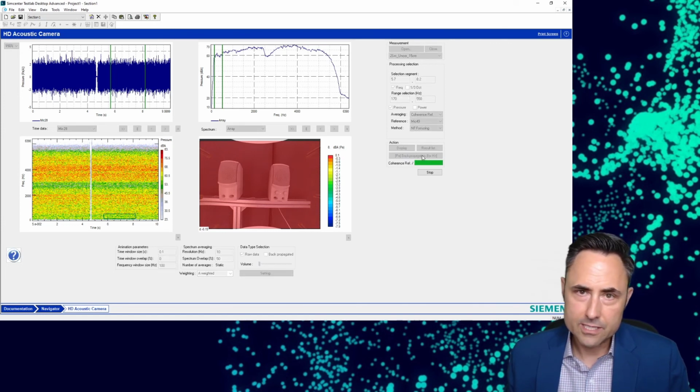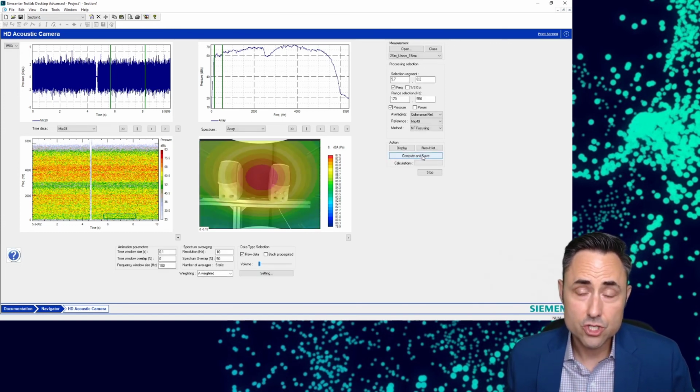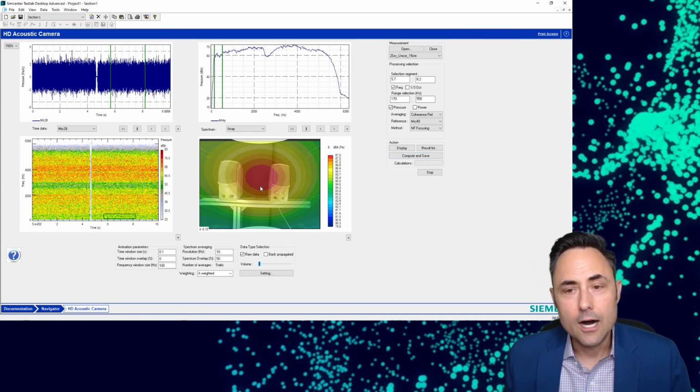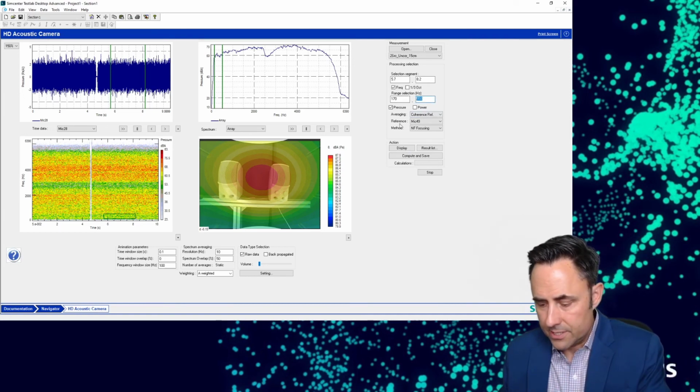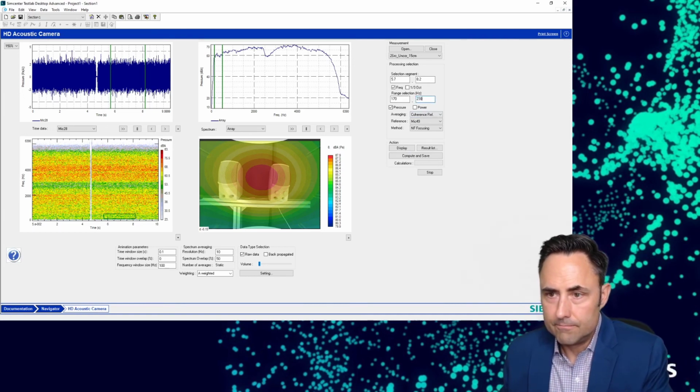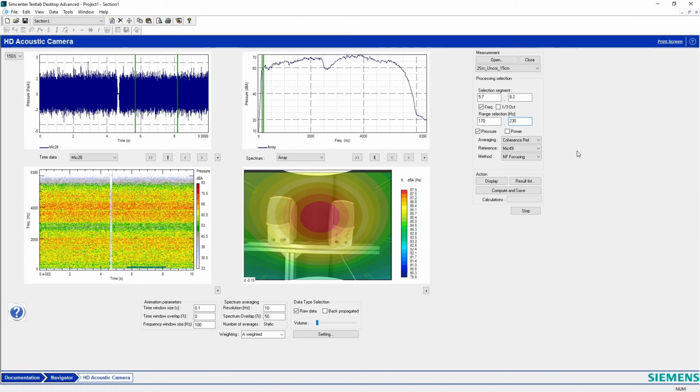Beamforming is kind of locked in terms of resolution to the wavelength of sound that you're trying to localize. So you see I get this really generic answer for this frequency range. If I make this even smaller and say, let's go from 170 to 230, and I say compute and save, it's really generic, right?